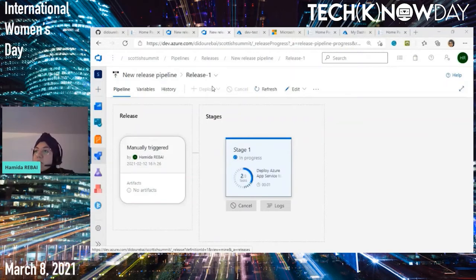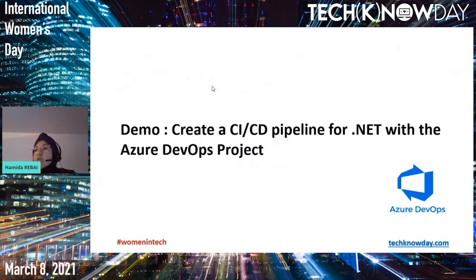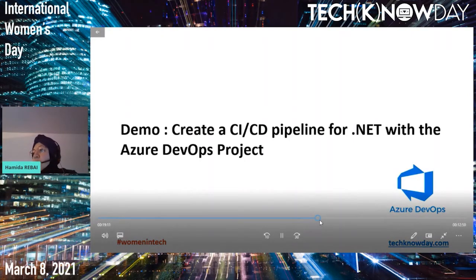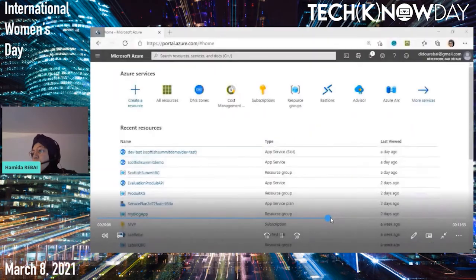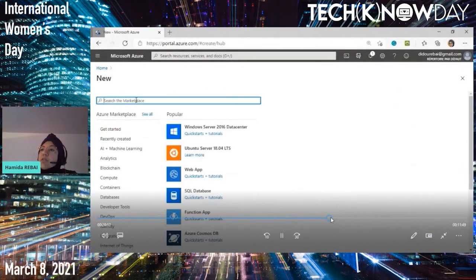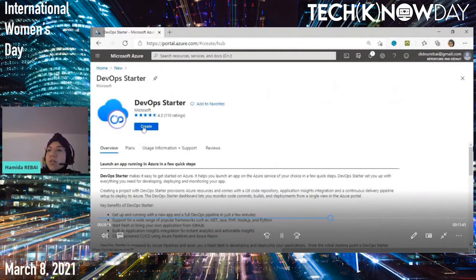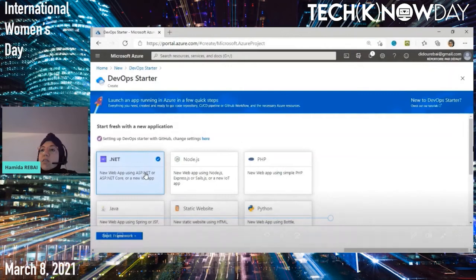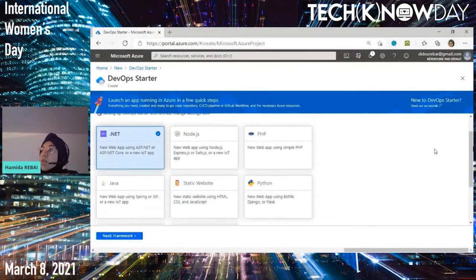Now, this is a manual method that we used here, but we can use the Azure DevOps project that is inside Azure to create our CI/CD pipeline. To do that, we will open our Azure portal. We click on Create a Resource. We choose DevOps Starter here. We click on Create. Here we can choose .NET,